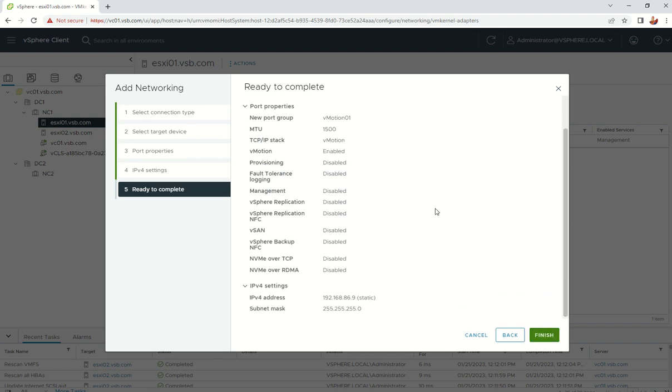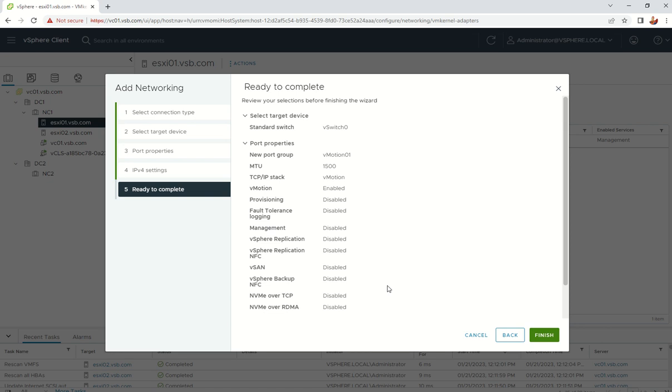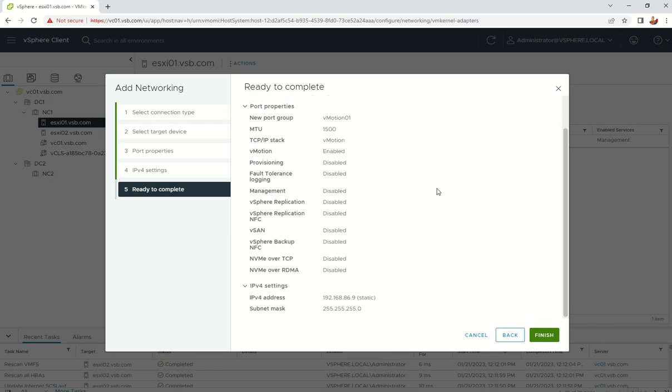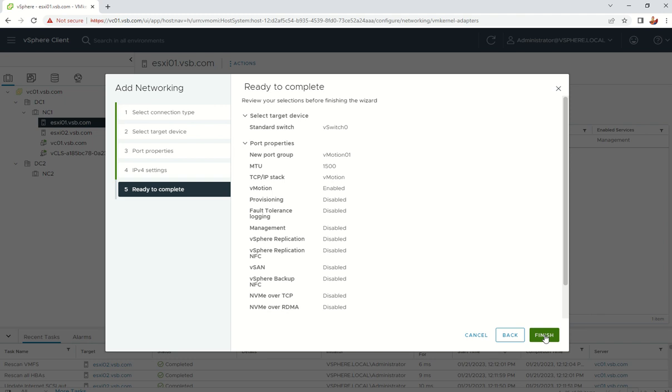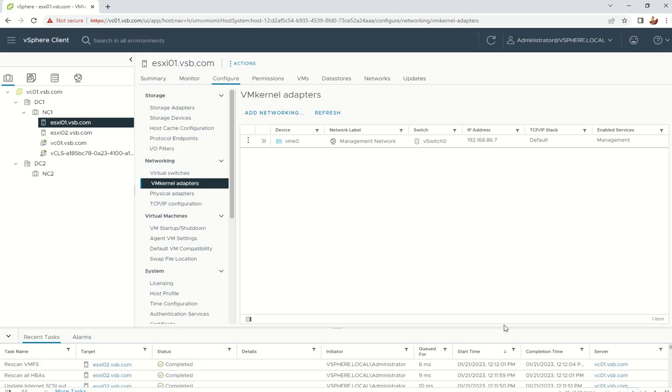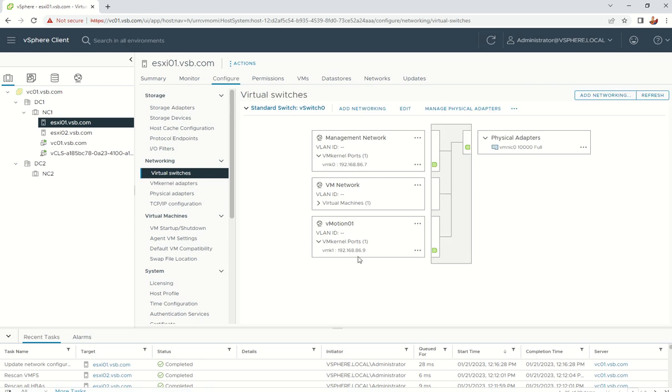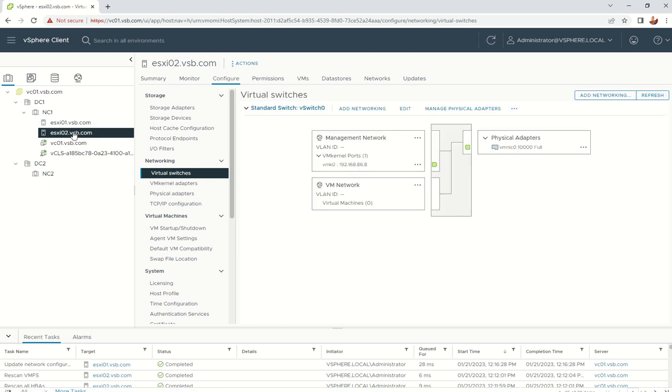Click next, and just review the settings which you have selected. If anything is wrong you can make changes here, and click finish. So there is a vMotion network added. If you see here, it will be listed here. One more thing I will show you once this is done. We need to do the same on